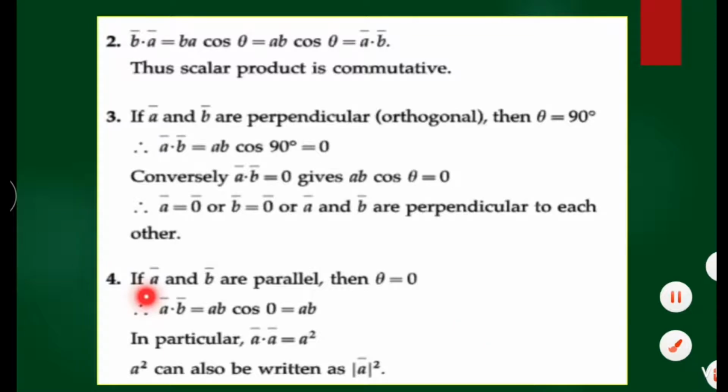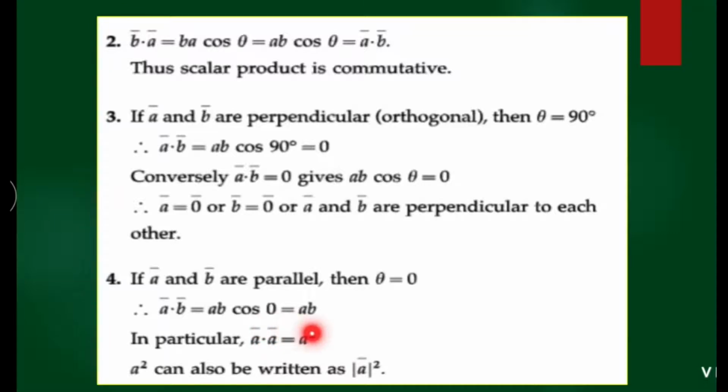Now see next property. If vector A and vector B are parallel, then the angle between them is 0. So theta equals 0. Therefore, the scalar product of vector A with vector B equals magnitude of A into magnitude of B into cos 0. We know that cos 0 is 1. So we write here